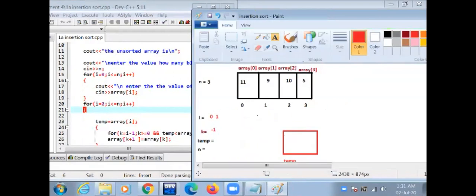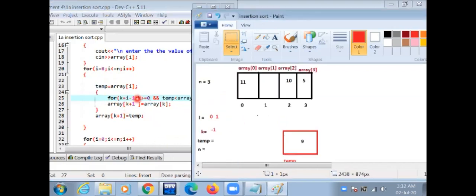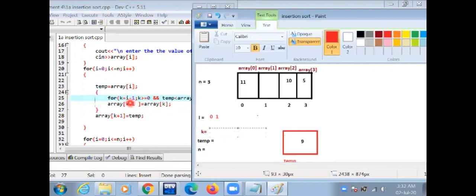The value of i is 1 and temp equal to array i. The i value points to 1, and this is inserted in temp, and for the value of k it is removed, and the value of k is i minus 1.